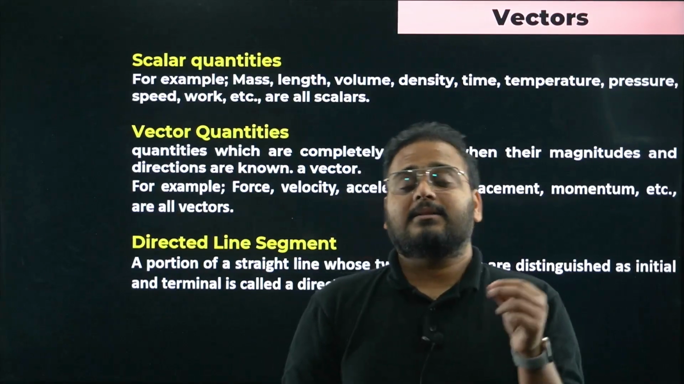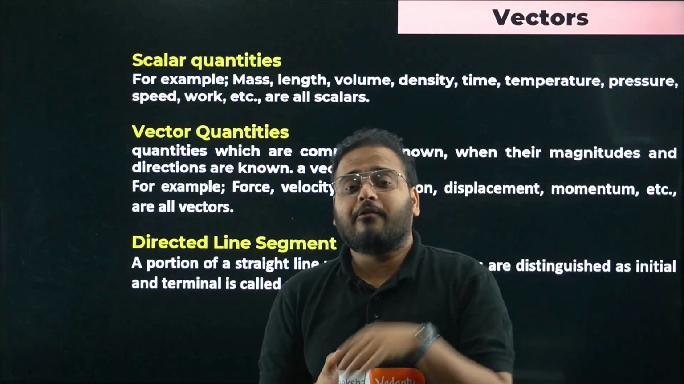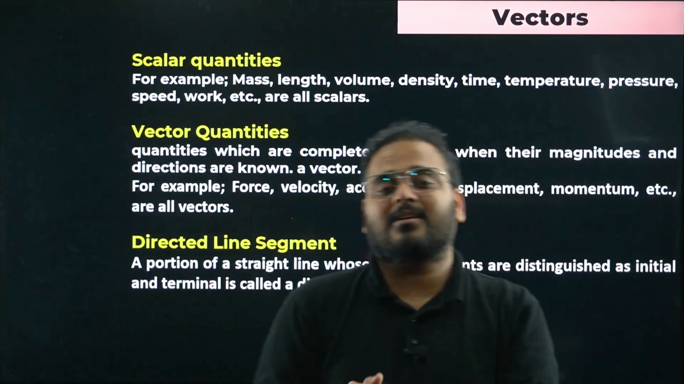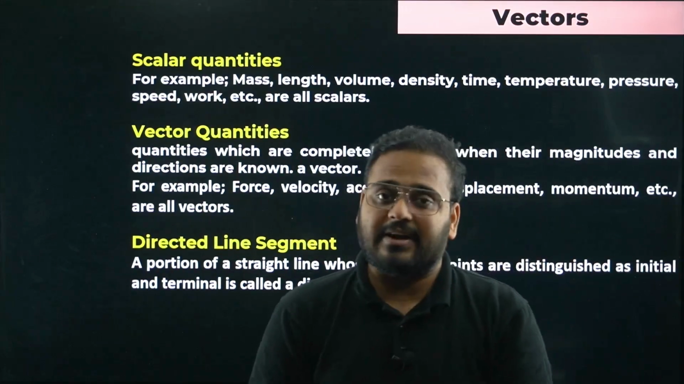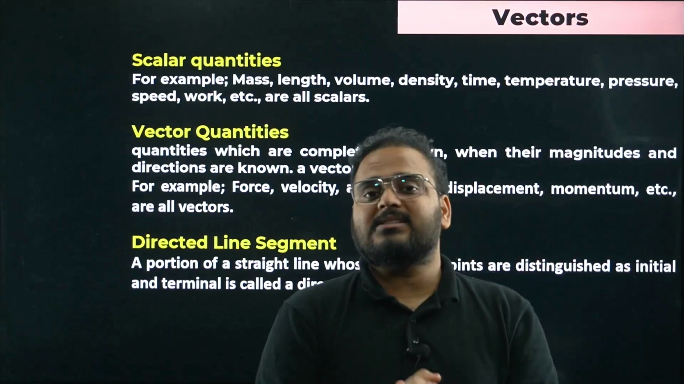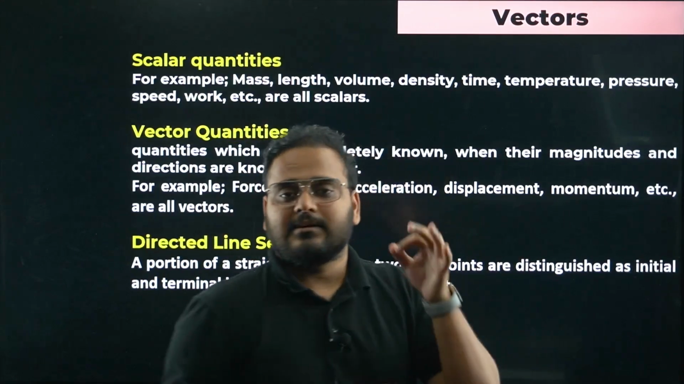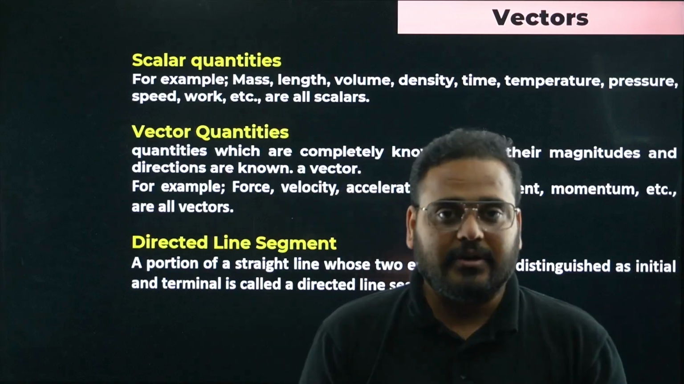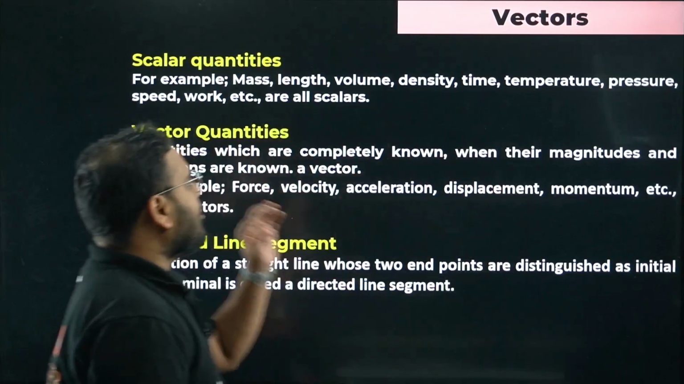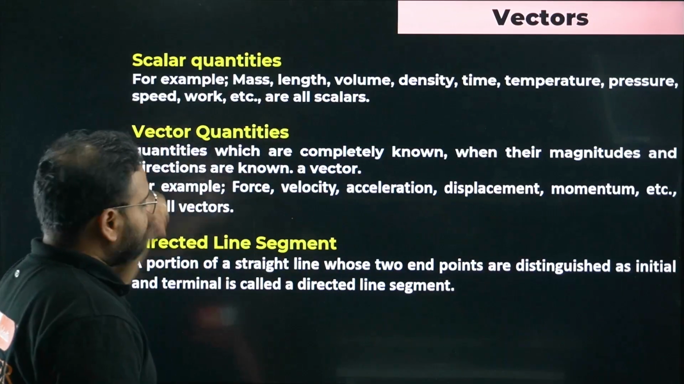But there can be a physical quantity which will require more than one piece of information to be defined. Those quantities are called vectors. Whenever you need magnitude as well as the direction sense to define a physical quantity, that quantity is called a vector quantity. Okay, so if you look at the definition that I've given over here,